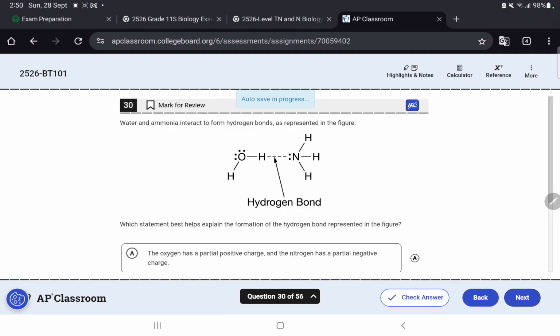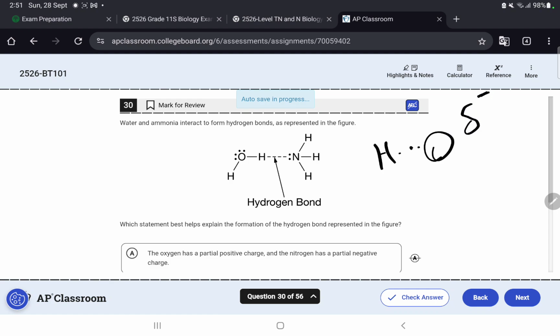Correct. Water and ammonia interact to form hydrogen bonds as represented in the figure. So why is the hydrogen bond formed here? Guys, by the way, hydrogen bonds are not formed only between H and O. It has to have an H, obviously, because it's a hydrogen bond, but it can bond to any slightly electronegative